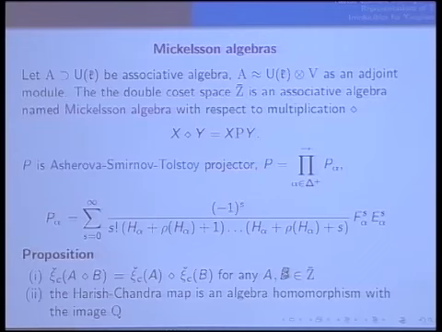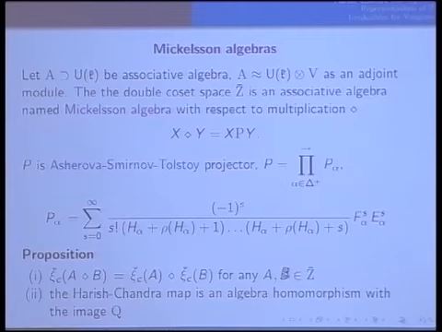Let me recall what is called Mickelsson algebra. It is very close to W algebras, which were mentioned before, and they are formulated as follows. One of the possible ways to describe them: suppose I have an associative algebra which contains the universal enveloping algebra of K, and such that this algebra can be presented as a tensor product with respect to the adjoint representation of K. And now I consider the double coset space localized as before.